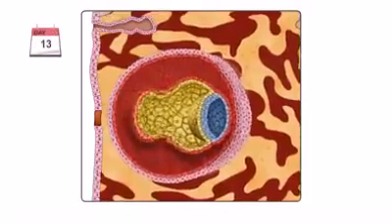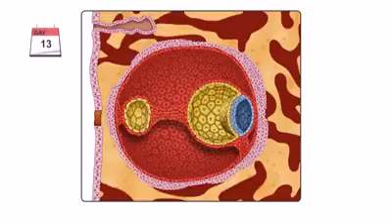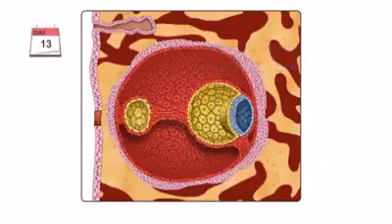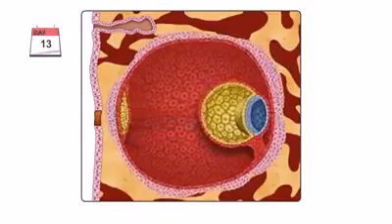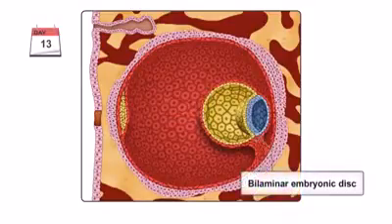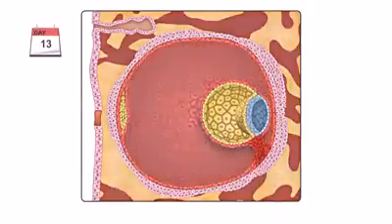Around 13 days after fertilization, a large portion of the exocelomic cavity is pinched off, forming a smaller cavity, the secondary yolk sac. By the end of the second week of development, the chorionic cavity enlarges, and the bilaminar embryonic disc is joined to the trophoblast by a band of extraembryonic mesoderm called the